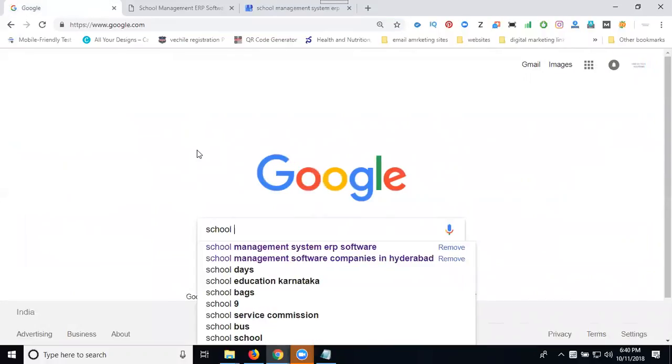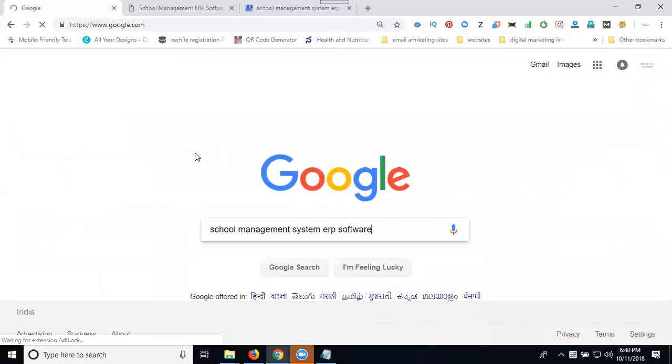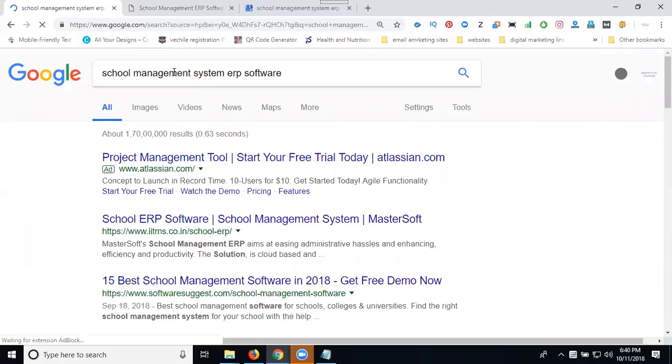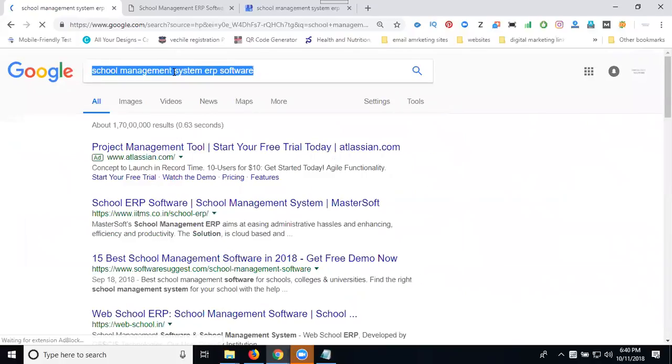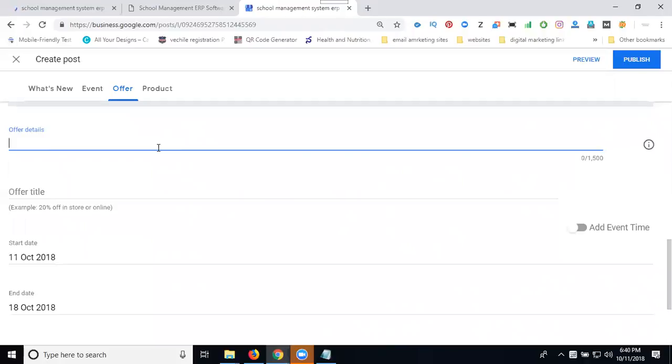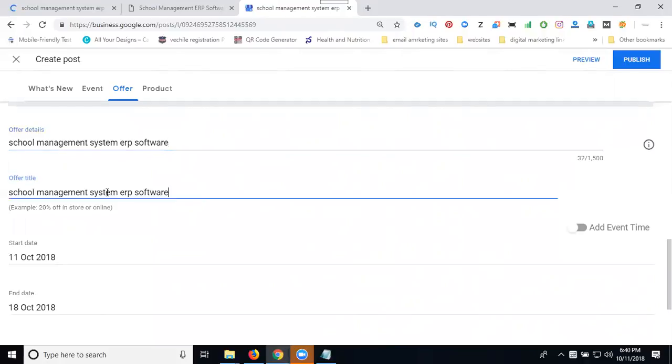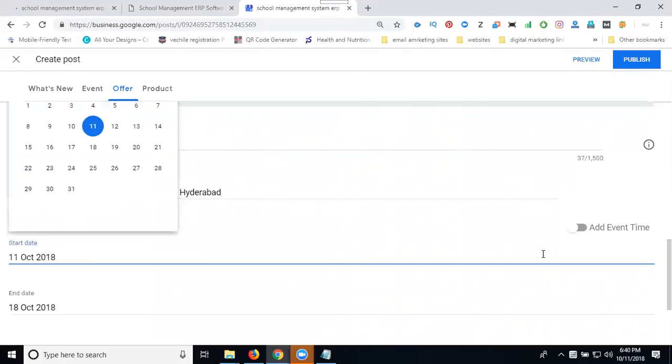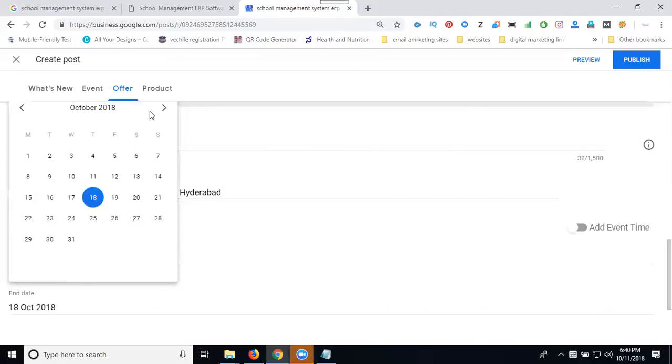School management ERP software, offer title, Hyderabad, event time, add it.